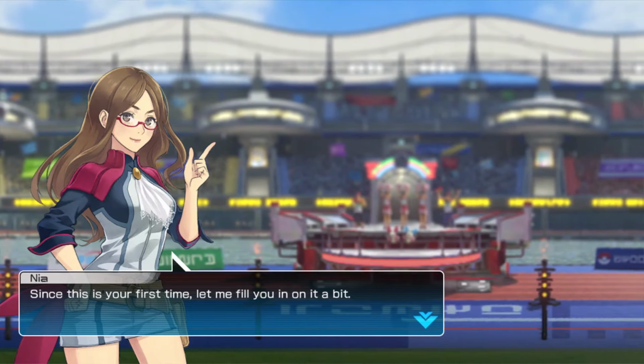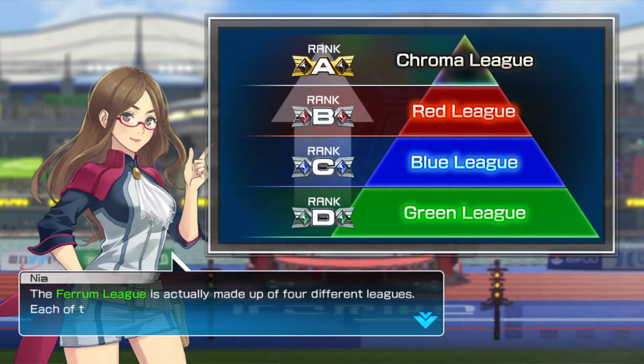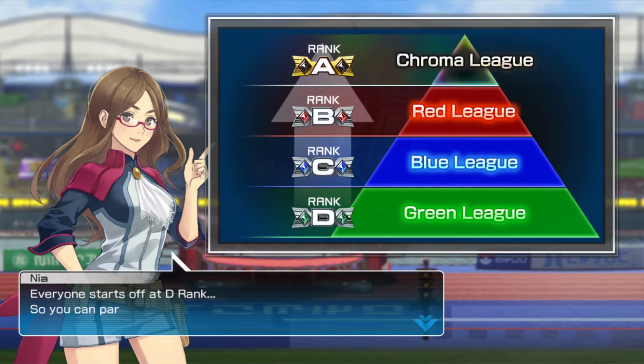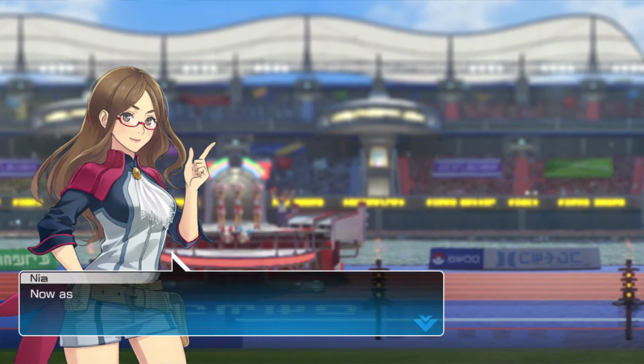The Ferrum League is actually made up of 4 different leagues. Each of these has a rank requirement for participation. Everyone starts off at D rank, so you can participate in the Green League. Now, as for each of the leagues,